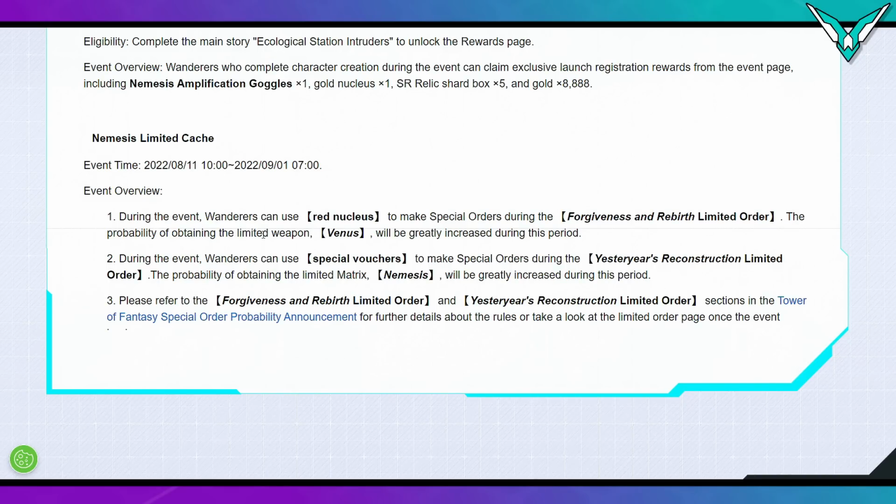The probability of obtaining the limited weapon, Venus, will be greatly increased during this period. Now, Venus is the name of a Nemesis weapon, I believe. During the event, Wanderers can use special vouchers to make special orders during this banner. This is basically the chips or the matrices. This is how you're going to summon for those for Nemesis. Please refer to Forgiveness of Rebirth limited order in the...